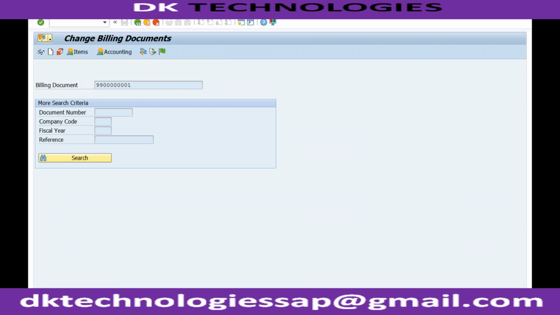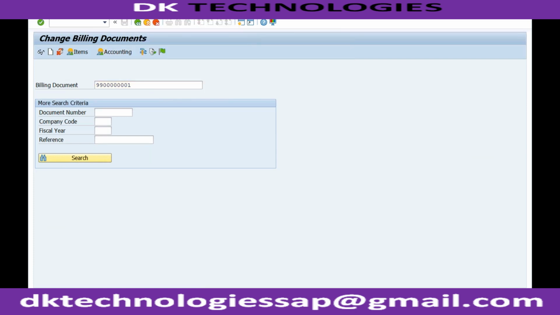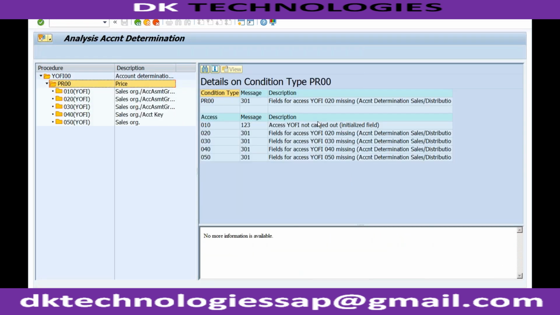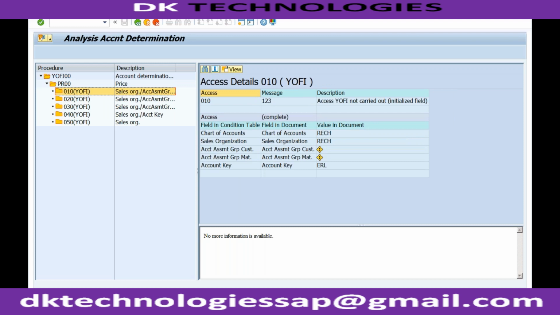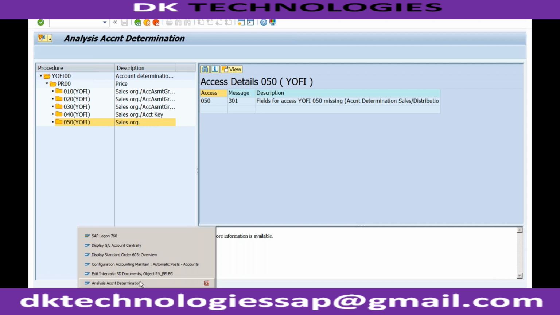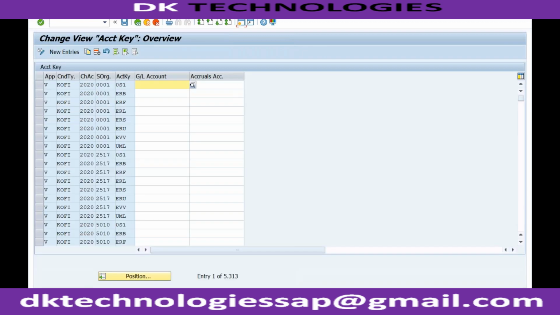Okay, press enter, another enter. Still it is showing the same thing. Let's see again. Environment, account determination analysis, revenue. So why is the system not able to determine? Okay, I'm just trying this. Let me go to the specific one. Okay, which means at the account key level itself. Let me copy this